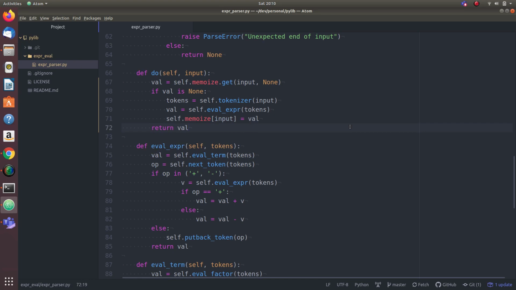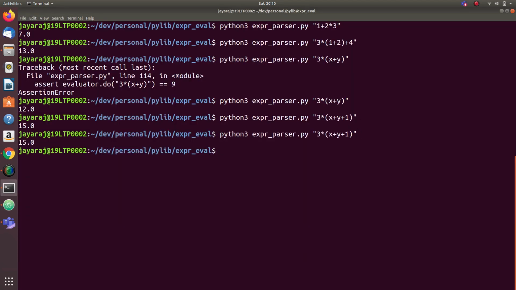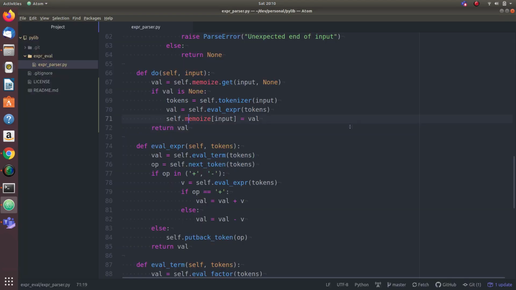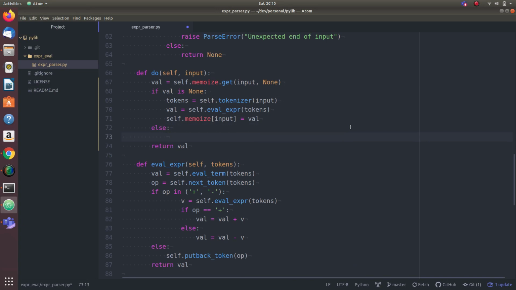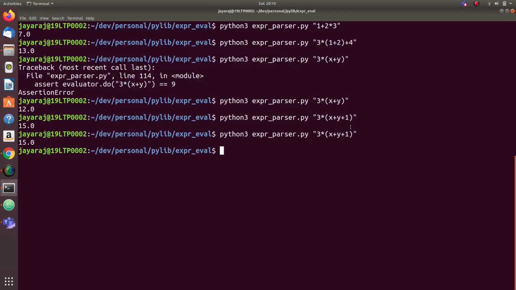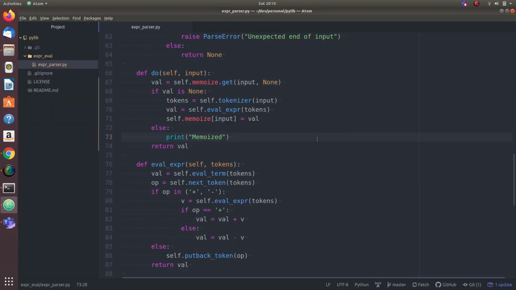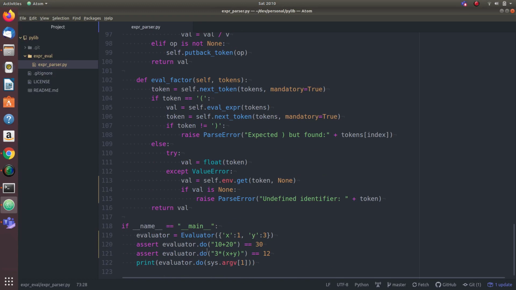So it should still work, but let's say we just print whenever memoization is invoked.